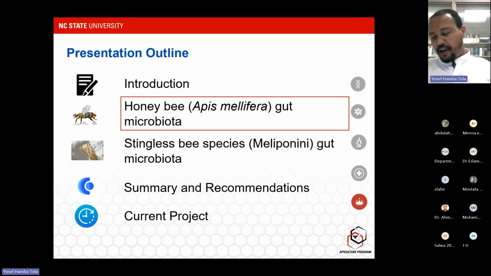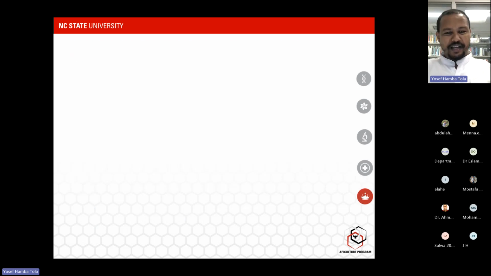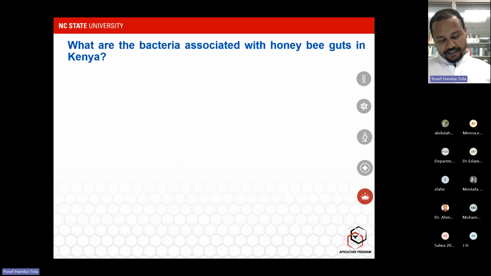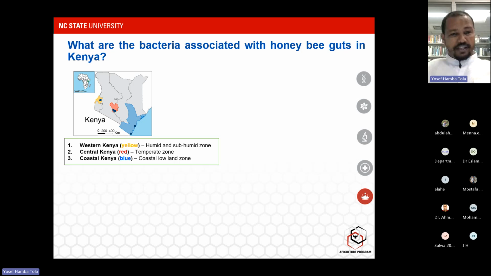Now, that's my brief introduction, the background for both of my studies. Now, I'll be taking you through the honeybee gut microbiome, what I found from my study. When I started studying the honeybee gut microbiome, since we don't have a lot of information in Africa, apart from the information we have from the latitudes or other continents, I asked myself what bacteria are associated with the honeybee gut in Kenya or in Africa, because maybe they are similar to others or different, which we don't know. That's why I started with this question.